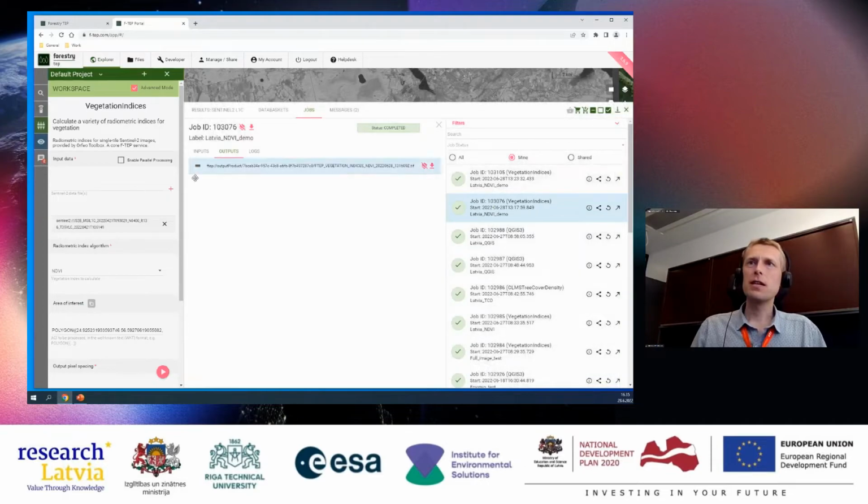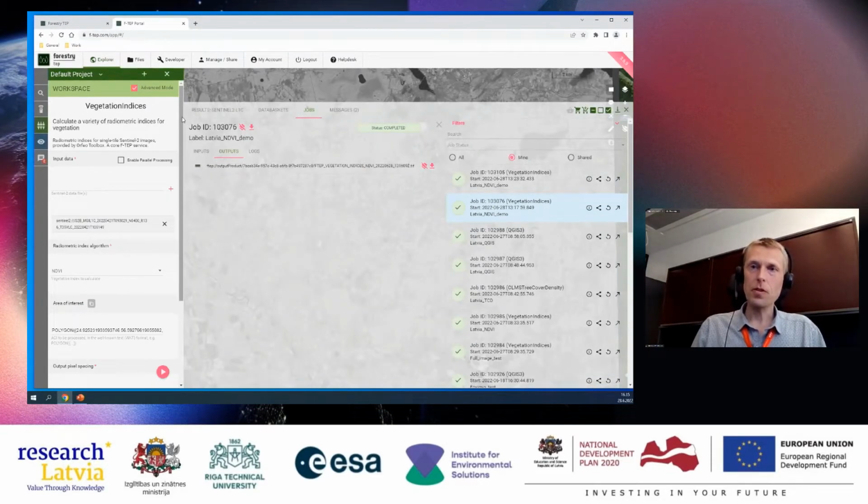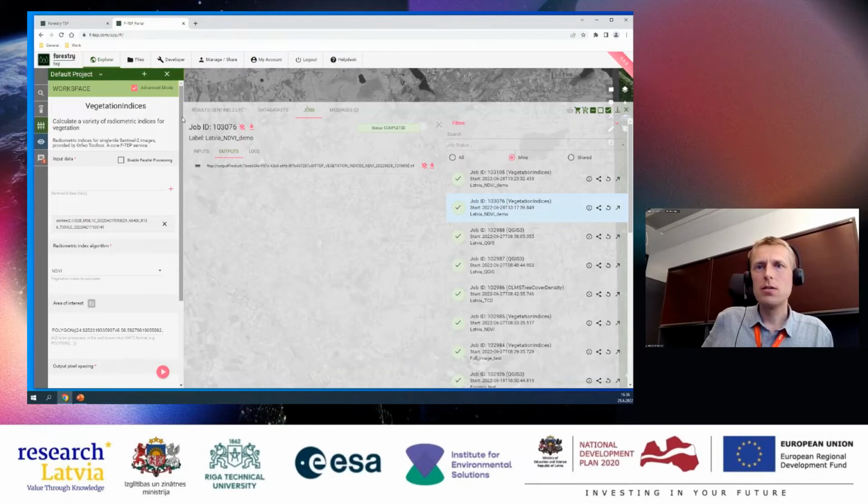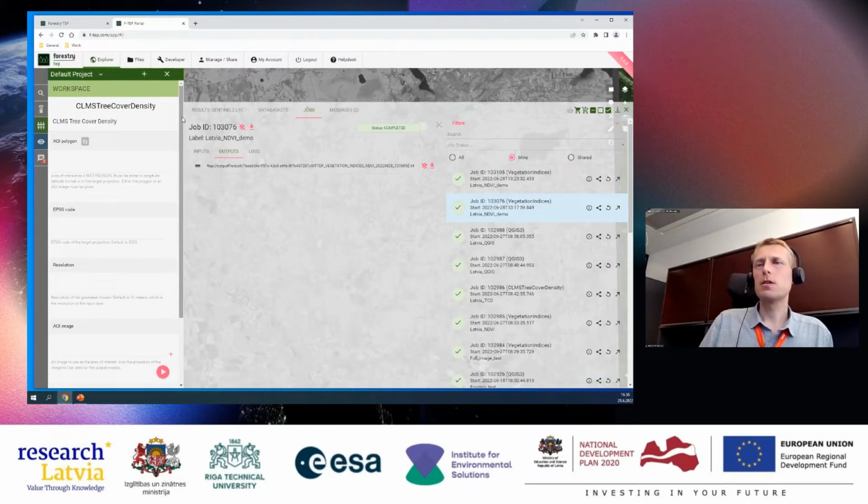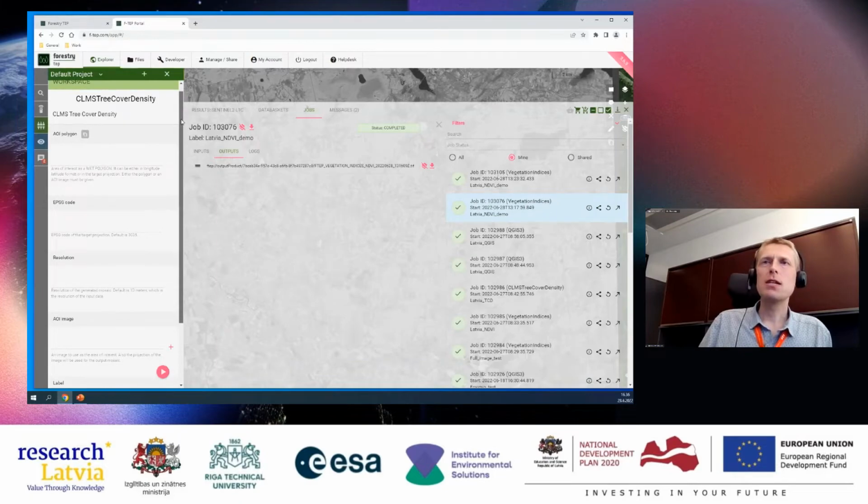So if you click that, it should open on the workspace, but at least I still have the vegetation indices. Takes some time perhaps. Now I have the tree cover density in the workspace. Does everybody have it as well? I hope soon at least.